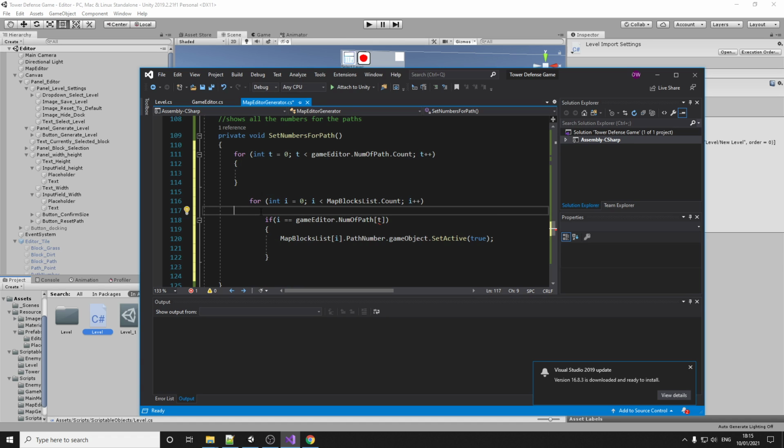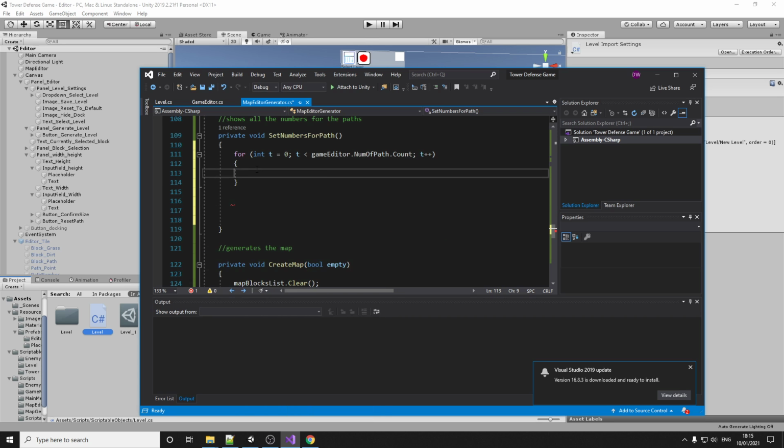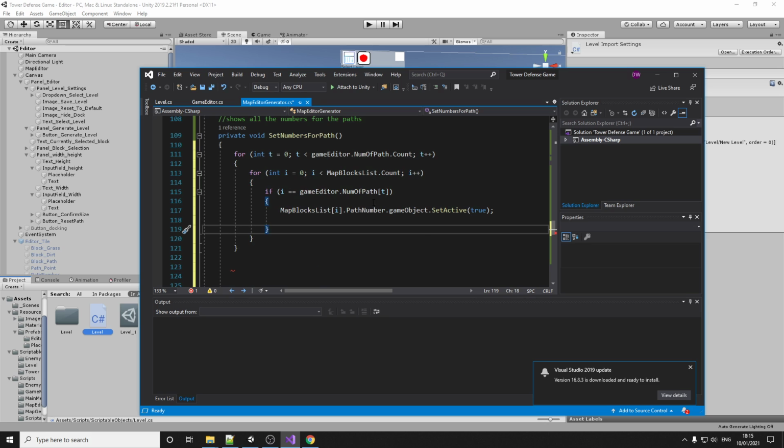And now second set of brackets done. And the second set of brackets goes in here. Yeah, because that's the only way to fix the order. So we go through our 0t, we look for every single block, we find the one we want, we set it to true, and we set its number to,